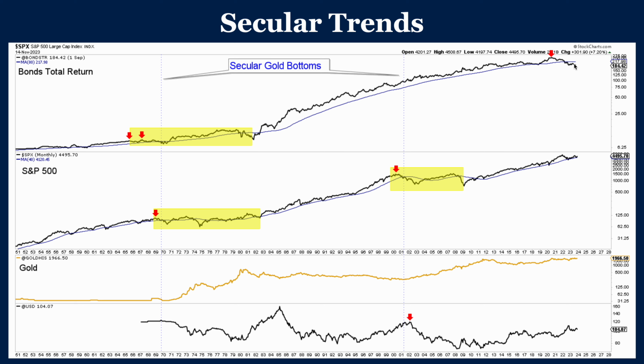So even though we get into a recession next year and bonds could have a nice rally, it's going to be a lower high. I mean, that's what the probability favors. It's extremely unlikely that we're going to see a new high here. So even though we're setting up for a counter trend move in bonds, this is a new secular bear market. And by the way, we did have a counter trend move here in bonds,